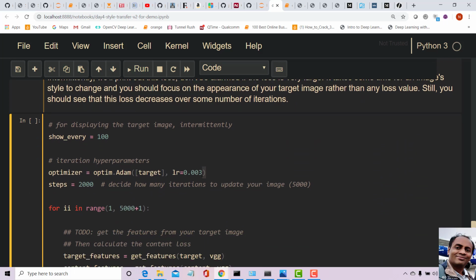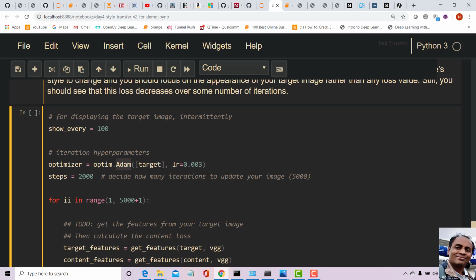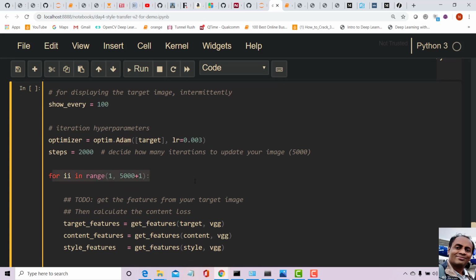And we need an optimizer here, right? The optimizer is the one which updates the gradients. So we have defined the optimizer here, optim.Adam, and note that the parameters of this are usually the parameters of the network, right? But in this case the parameters will be the image itself. So what it means is we're considering the entire image as the parameters and we're updating the weights of the pixel values of the image based on the gradient. That's very interesting, right? This is the training that is being done here.